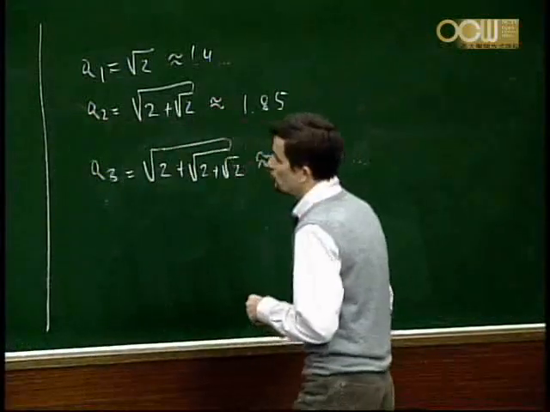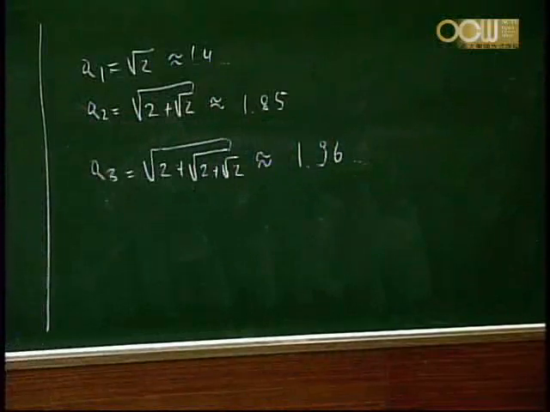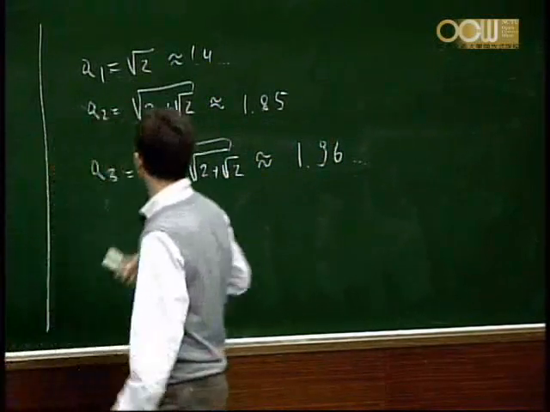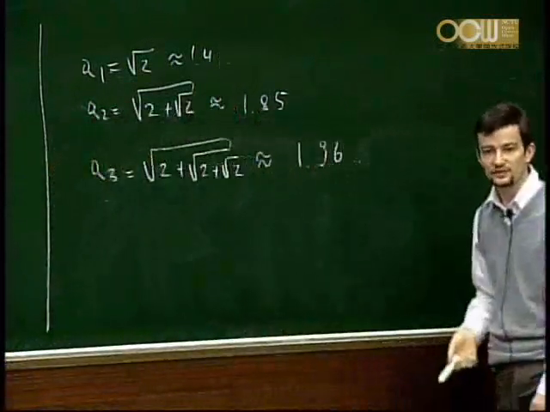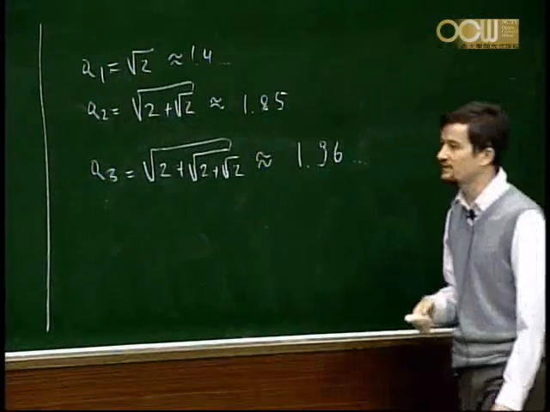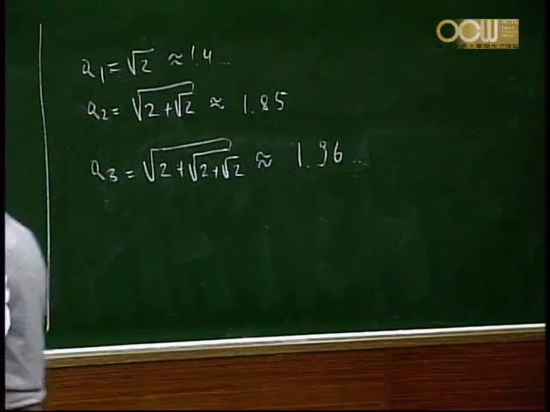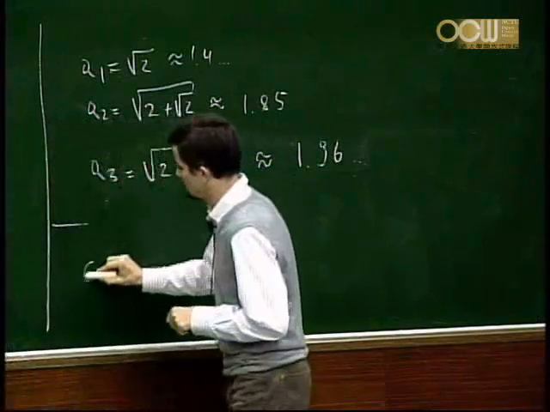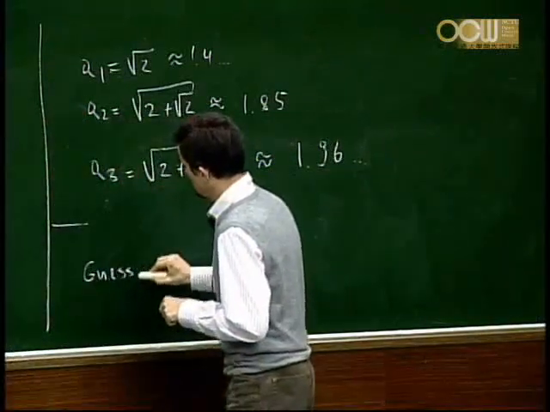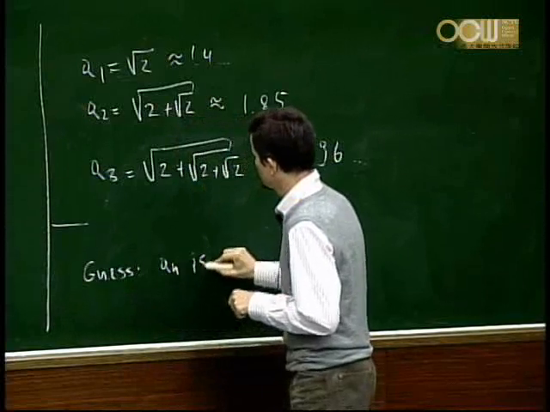Okay, so normally if you want to discuss the convergence of such a sequence, the first step is to compute some values, then to make a conjecture. And then the second step is to prove the conjecture by induction. Okay, so here our conjecture, our guess, an is increasing